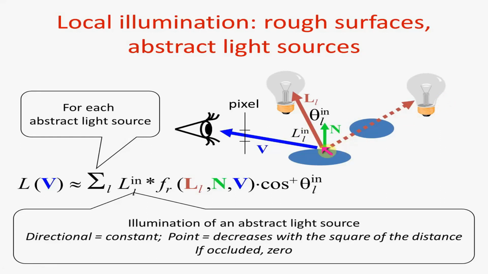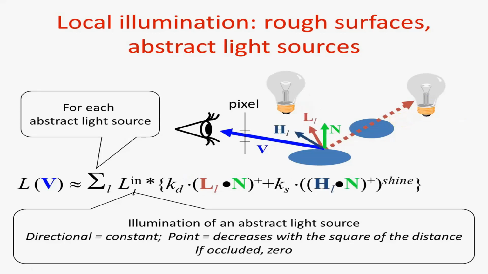The visibility of light sources from a shaded point can be determined by sending a ray from here into the direction of the light source and checking whether or not this ray intersects any object before reaching the light source. For directional sources, the intensity and the direction are the same everywhere. For point sources, the direction is from the source to the shaded point and the intensity decreases with the square